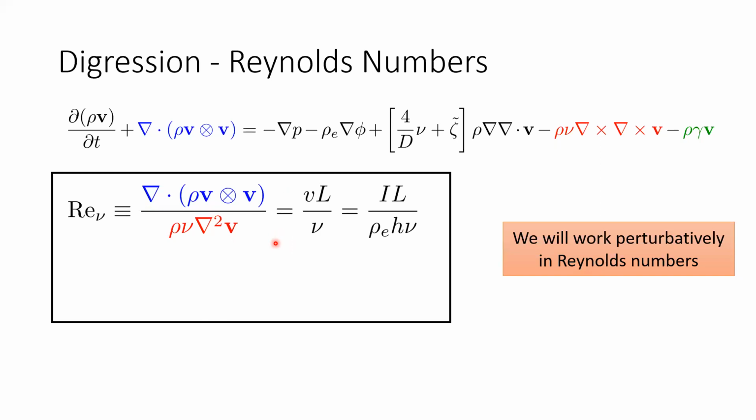Typically when people talk about nonlinearities in fluid mechanics, you talk about turbulence setting in around 3,000 and very high Reynolds numbers. That is not the regime we're working in. We're going to primarily be working at perturbatively low Reynolds numbers, say 1/1000. But even there, you'll see some interesting stuff happen.